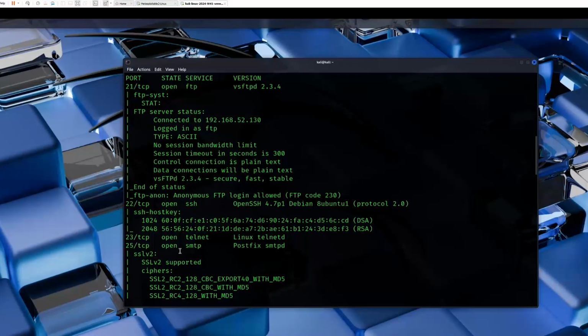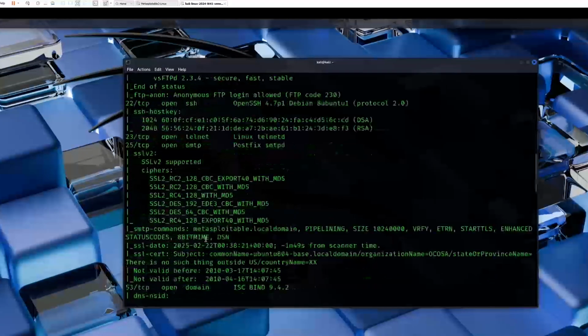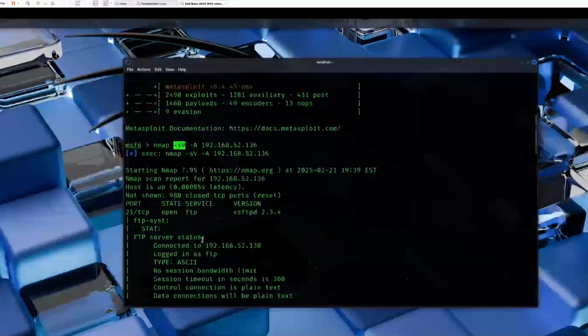Then we have 23 open, telnet. Telnet is an unencrypted remote login service, which is a really highly insecure protocol. And then we have 25 TCP open, SMTP. It's a mail server that could allow user enumeration using the verify command. If it's misconfigured, it could be used for email spoofing. Yeah, we have some other open ports. We are going to do the first one, FTP,